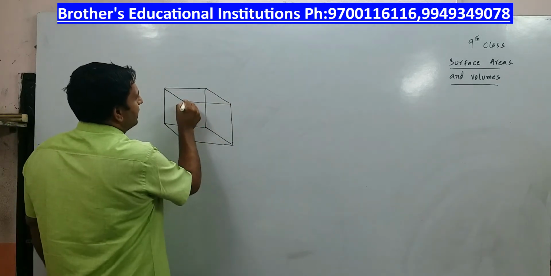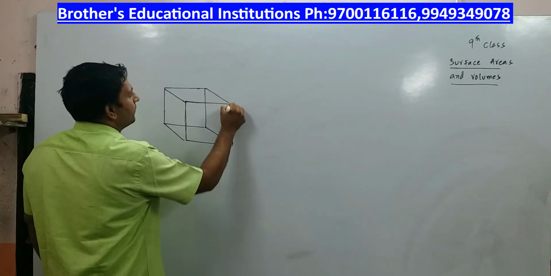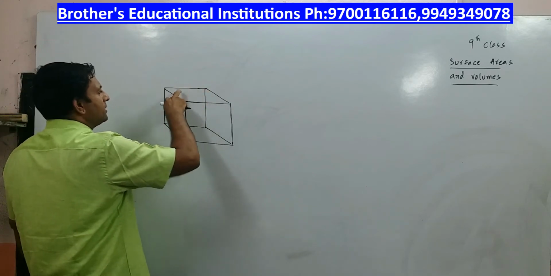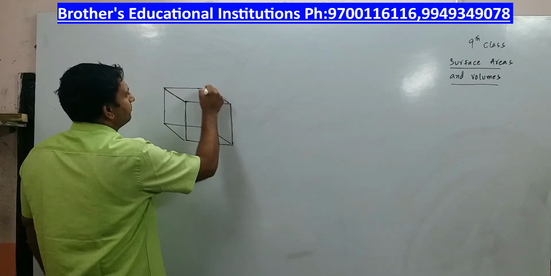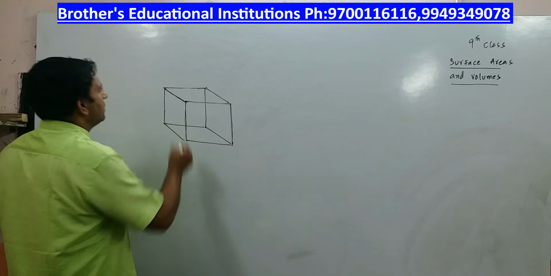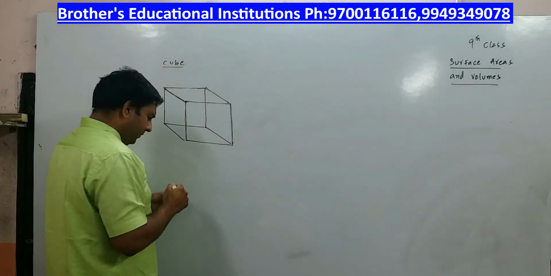Now you must be able to visualize what a cube looks like. And this is called an edge, right? This is called a face. This is called a face. This is called an edge. The intersection of two faces is an edge, right? This is a side. Alright. Now, how many faces does a cube have? This is a cube. A cube has got 6 faces.